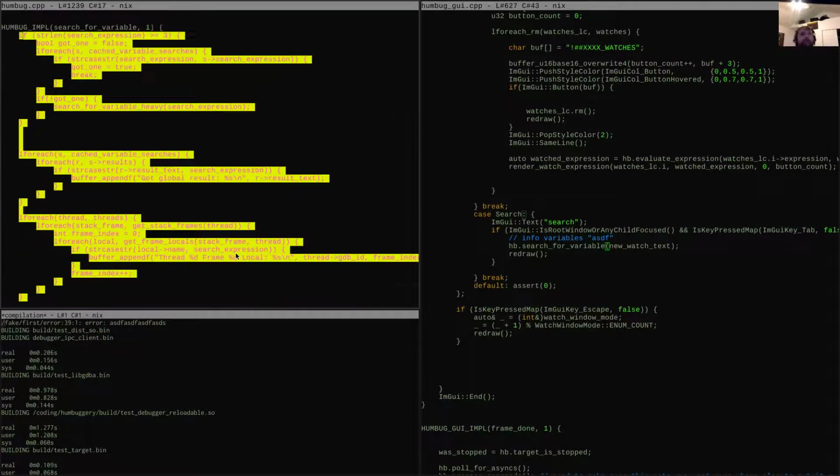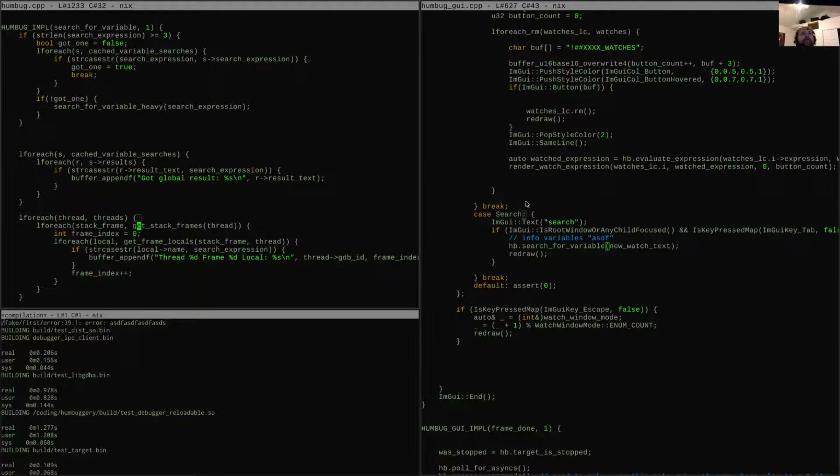Trying to put this loop in a function and pull out the results somehow is just crazy complicated. So let's just do search here.